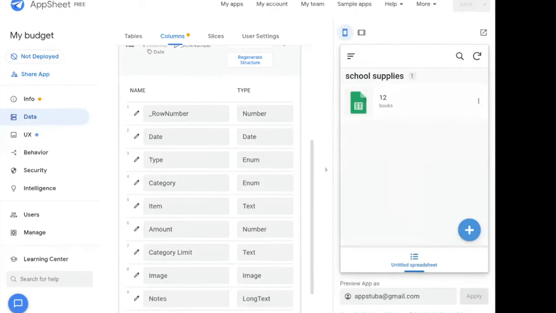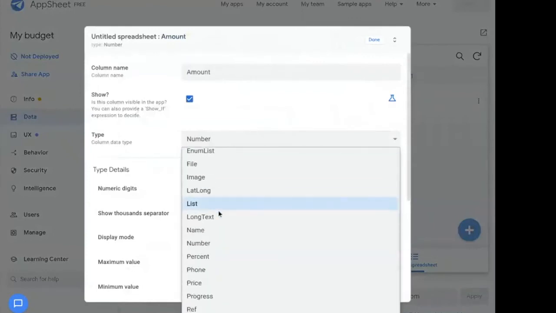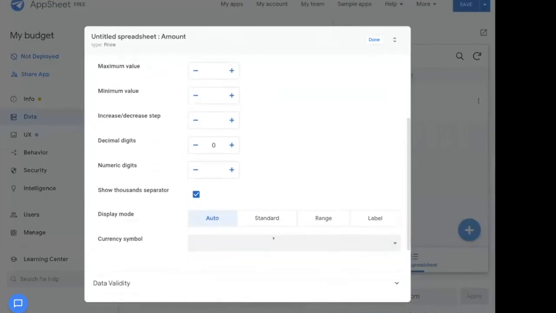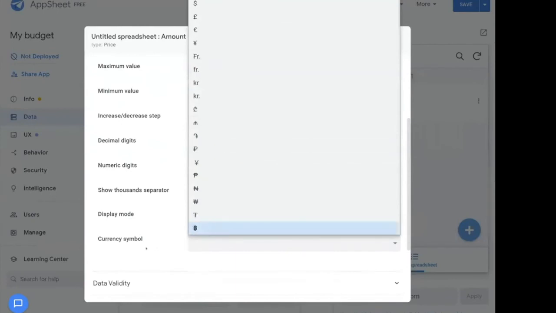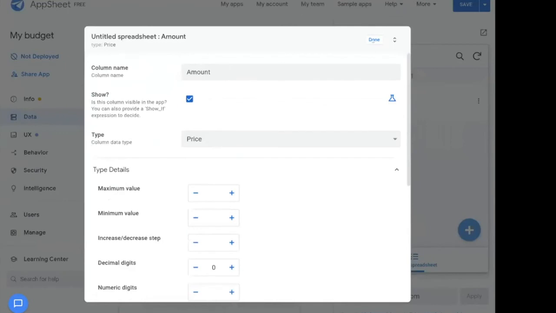We are just testing, it's working, it's doing what we want it to do, but it's not perfect yet. What else can we do? First of all, it says 12. It should say $12, right? I go into amount and instead of number, I change it to price. When I change it to price, it gives me options. By default, it's dollars, so we don't need to change it for now, but I have access to all currency types for the future. So I have the price fixed.